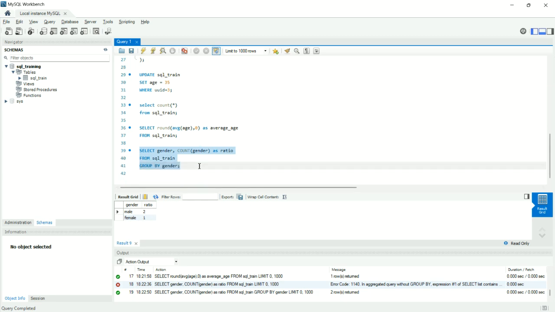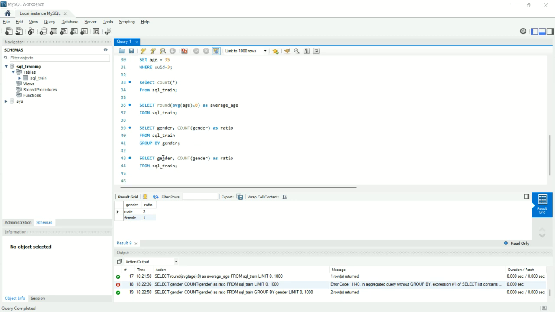Yeah, basically that is it. If you want to get the total age, you can do, hold on. So if I want to get the total age, I can say sum of age as total age, and